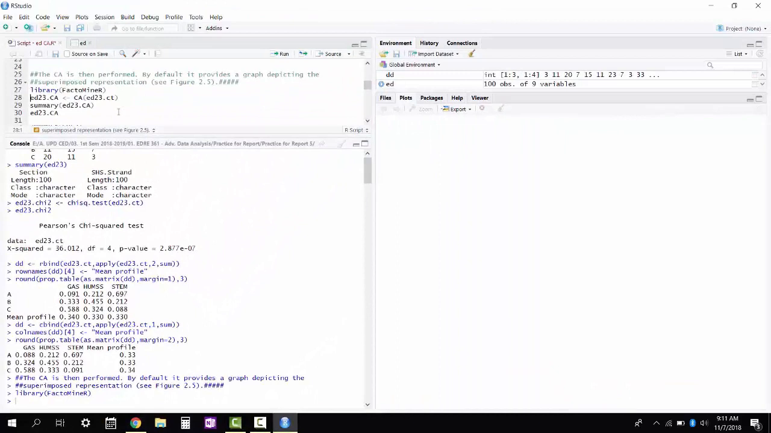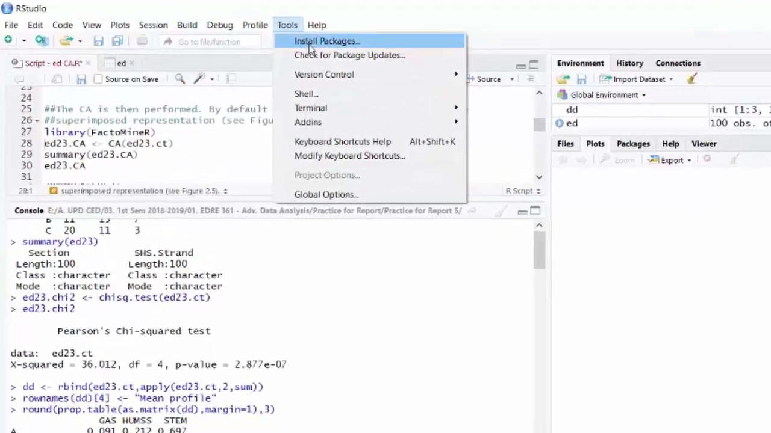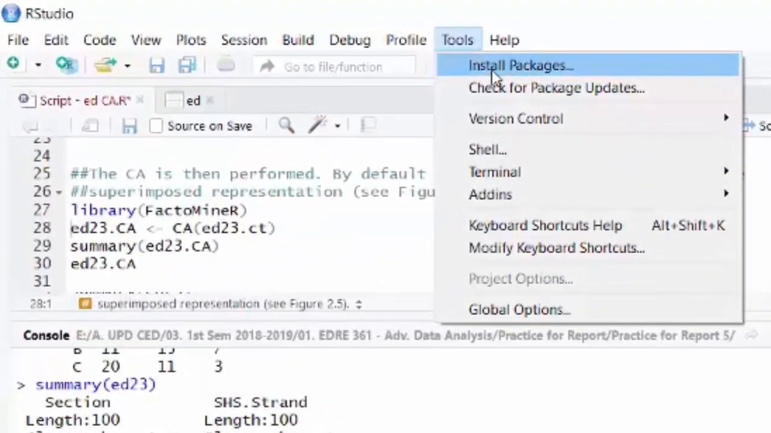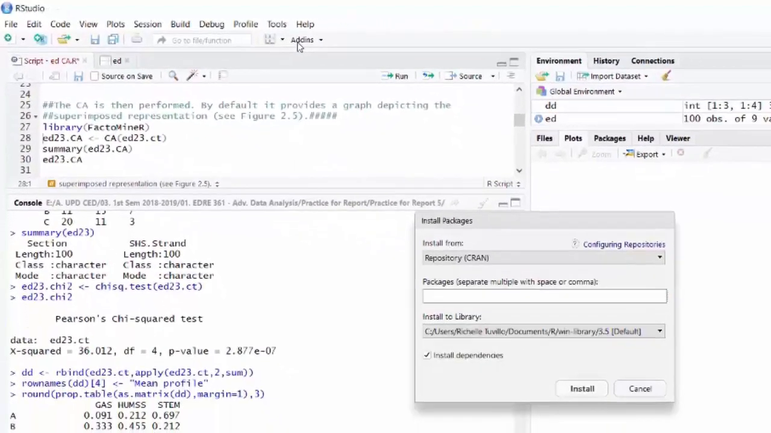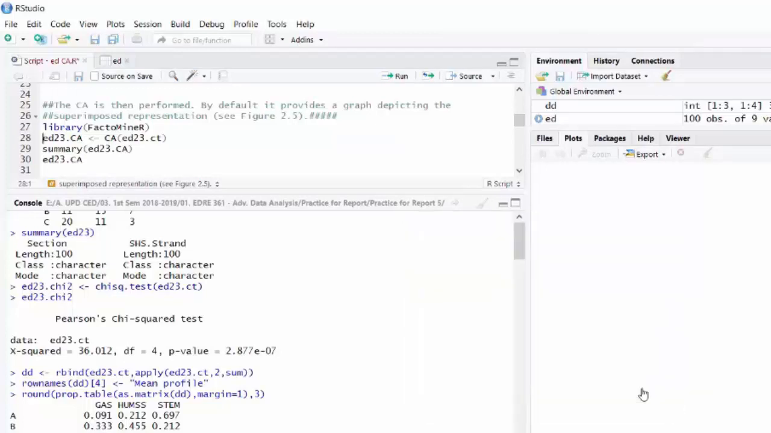If you have not installed it, you go to Tools, Install Packages, then type FactoMineR, then install. But I'll close mine since I've installed it already. Probably it will take you 10 to 20 seconds to install it in your PC depending on your internet connection